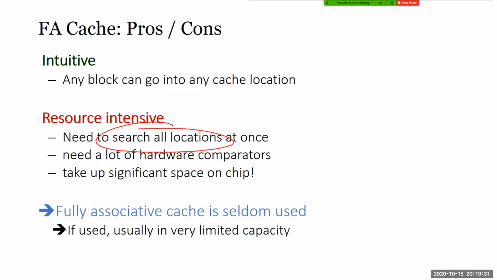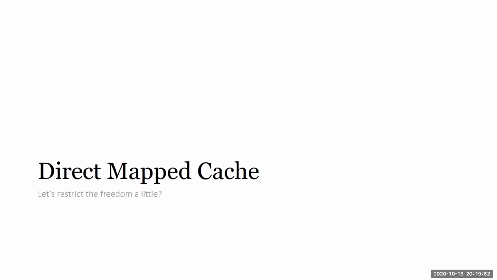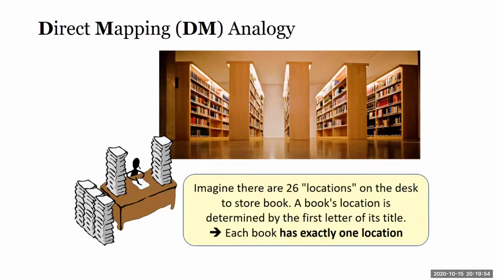Your eye must open, look at all 10 books on your table and decide instantly which book you want. Then your eye needs to be very big. Or maybe you need one assistant at every slot. Then you ask the assistant which book you want, and he will say yes. So it's very expensive to hire so many assistants. So we use direct map cache instead.